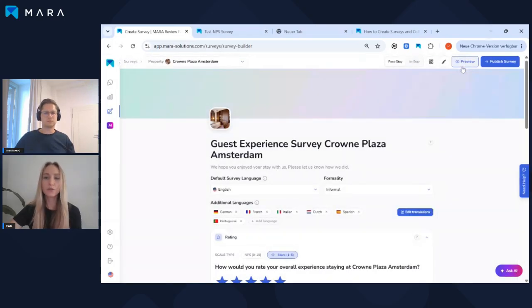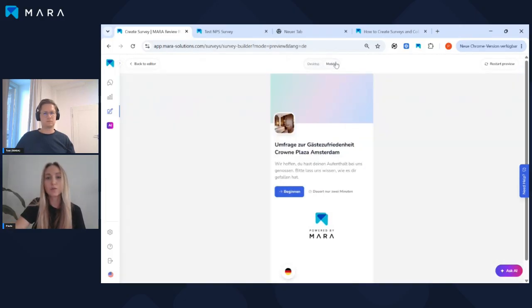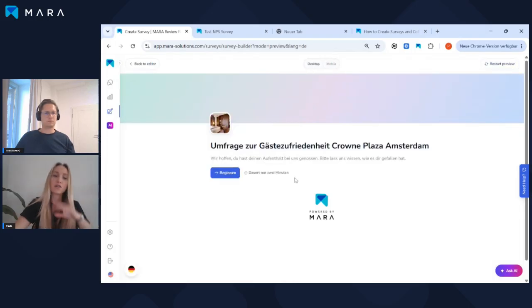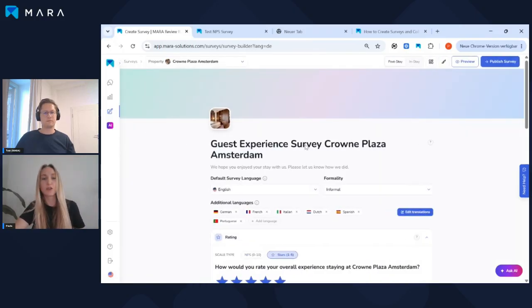You have a preview function here that's very helpful for you to also check your current settings. You can just click on that and then you will see how the survey currently looks. You can check that for desktop and mobile version. You can always restart the preview, meaning that you are taken back to the beginning of your survey, but you can also click through the survey here to really see what it looks like at the moment with the settings